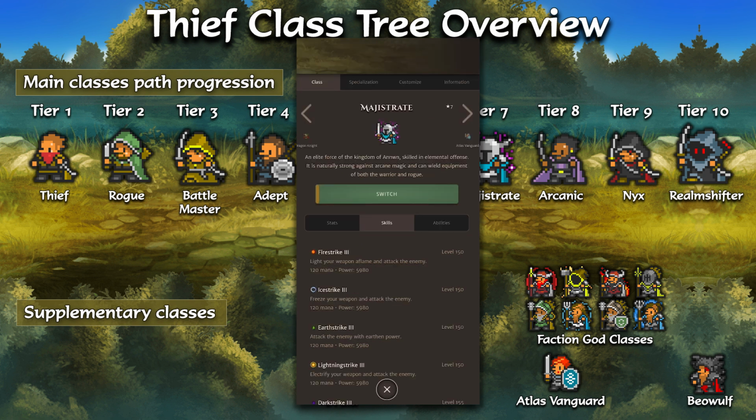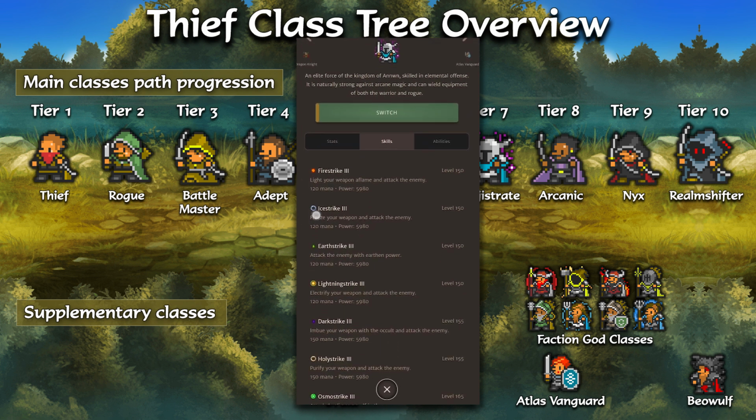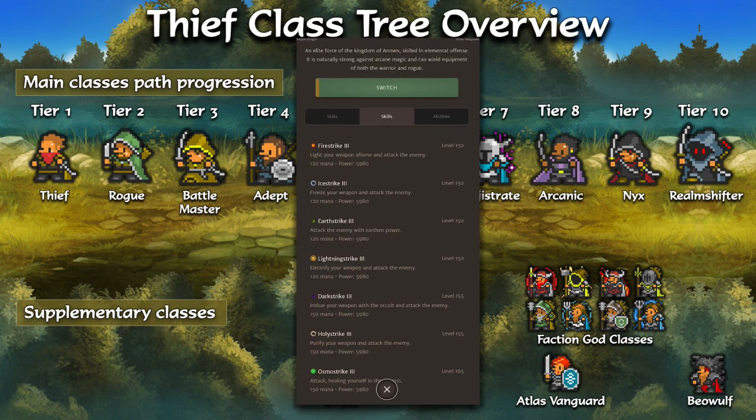So now the hybrid of Thief and Warrior classes comes to its grand conclusion at tier 7 with the Magistrate, an elite elemental force of Anwen. We immediately learn the elemental Strike 3 skills at level 150. Using your relevant faction strike is going to be your new hardest hitting 1-turn skill, and these become very useful